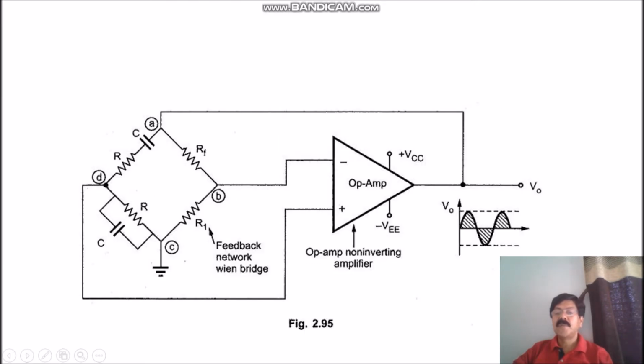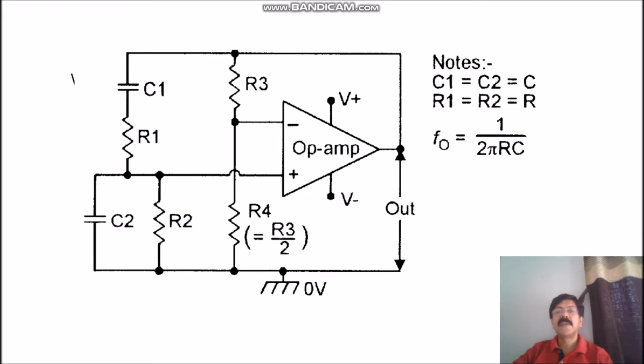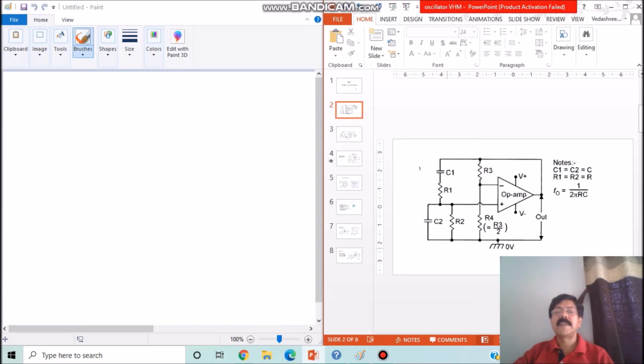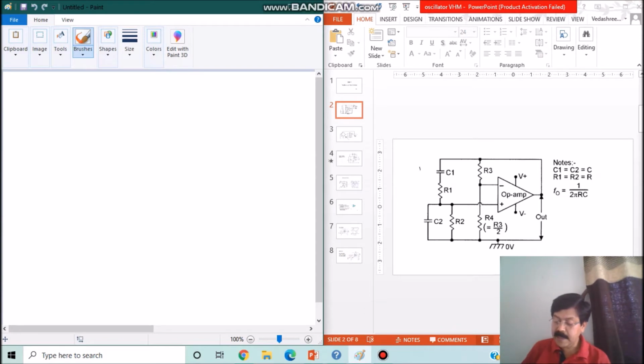Now let us come to a problem where we are trying to solve for the Wien bridge oscillator. Suppose it is asked to design a Wien bridge oscillator for 1 kilohertz, or let's say 10 kilohertz, whatever it may be. So we'll start with the design of a Wien bridge oscillator for a frequency, let us say, of 1 kilohertz. Now, what is the given condition? We want a frequency of oscillation of 1 kilohertz, and what is there in our hand?